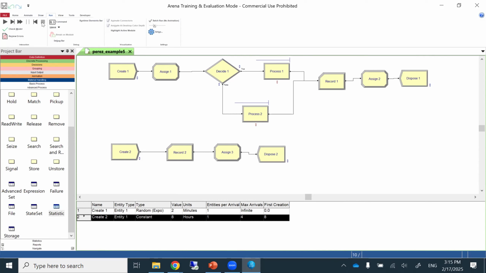Okay, so if there's no other question, I will stop. Yes, go ahead. Do we need to model the